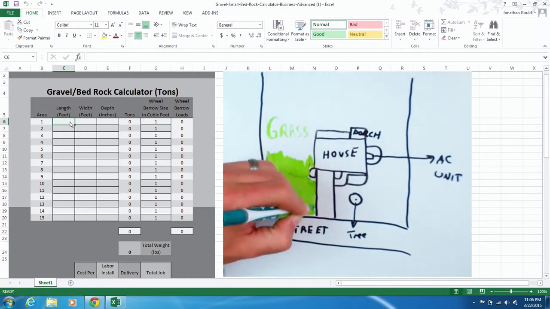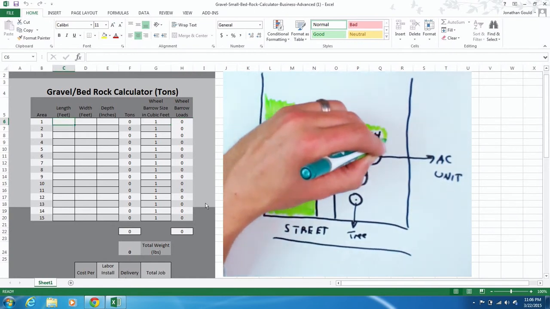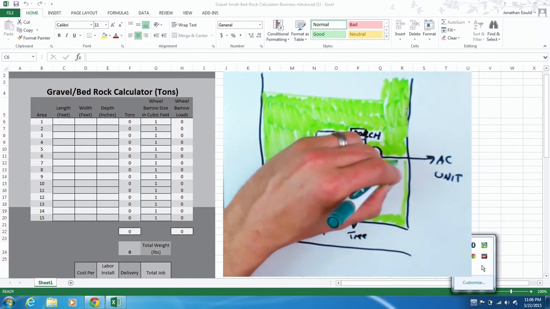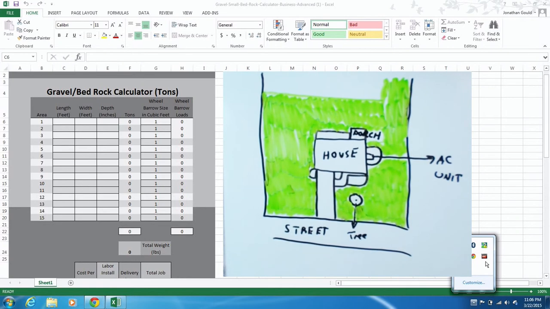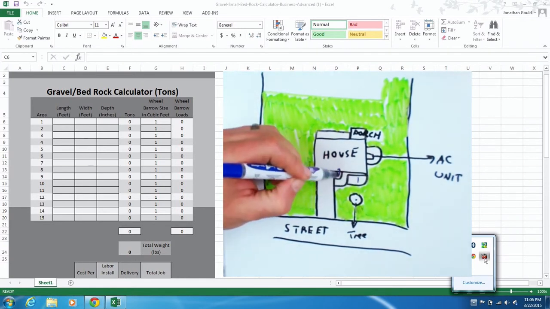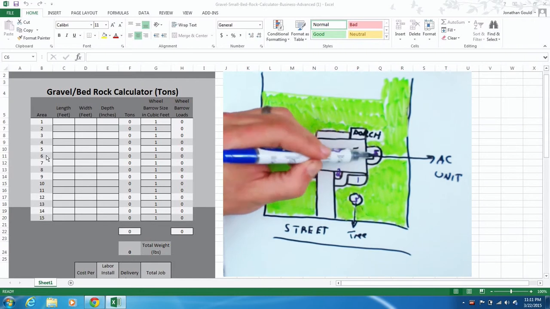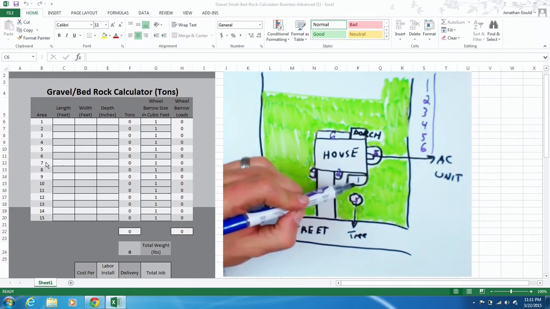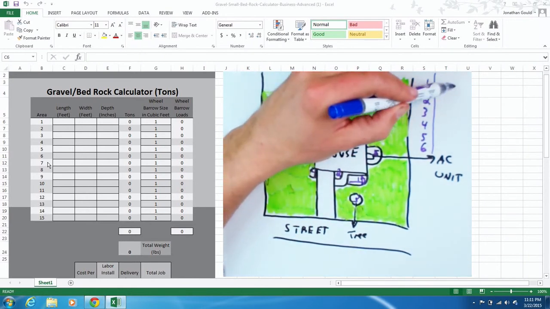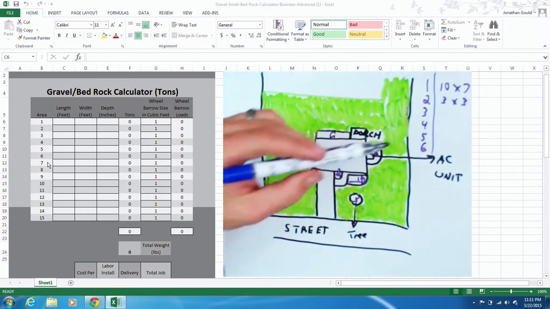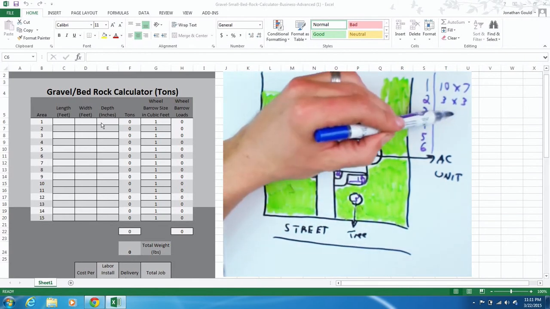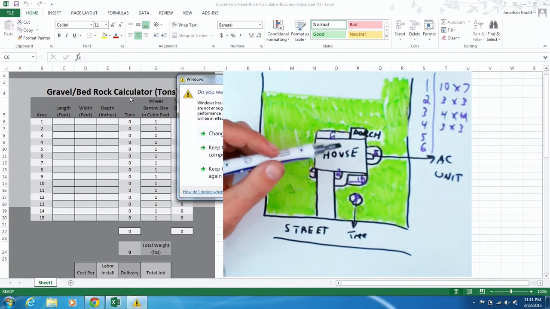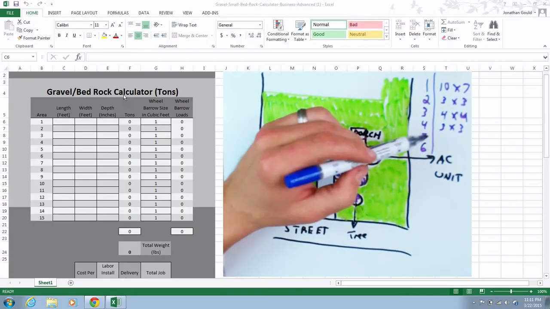and we're going to punch in the dimensions according to what we have on the actual video that I used to show you how to actually walk off and measure. Here we have labeled on this job for bedrock areas 1 through 6. You'll actually notice on that video on the back side of the property I measured for pine needles separately, which I'm obviously not going to do here,